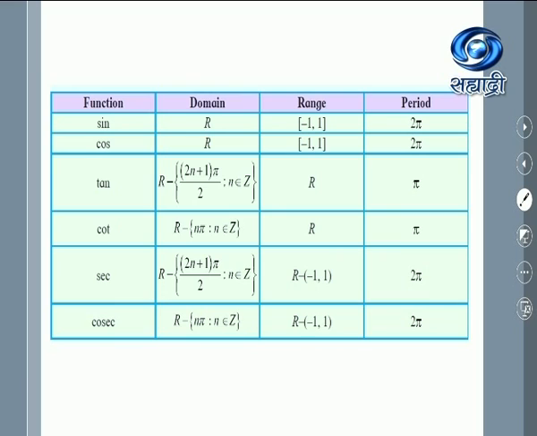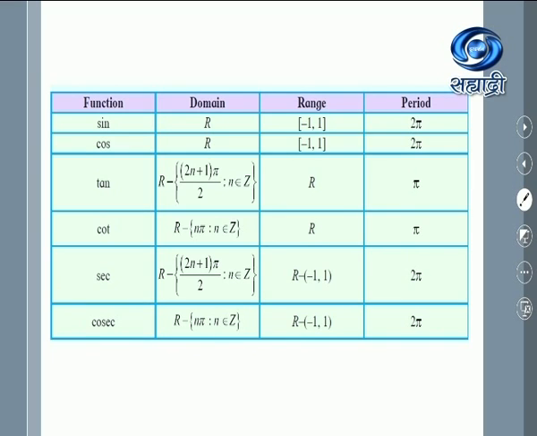Now the cosecant function. Cosecant function means cosec theta. The domain is R minus n pi, n belongs to Z. This minus sign is for what? You will have to exclude all the angles of the type n pi, where n is any integer. Why? Because again cosec theta is 1 upon sin theta, and that sin theta must be non-zero. But if n is any integer, then that becomes sin of n pi, and sin n pi is always 0 if n belongs to Z. So these angles we exclude.